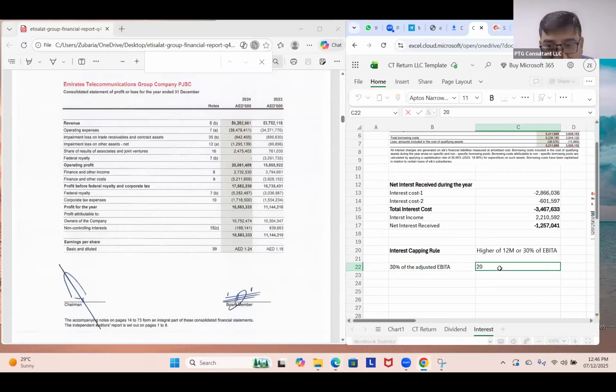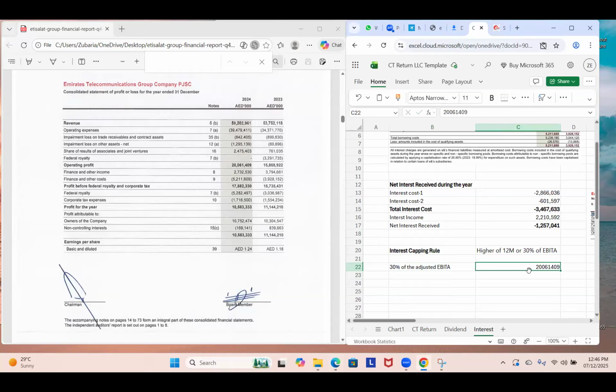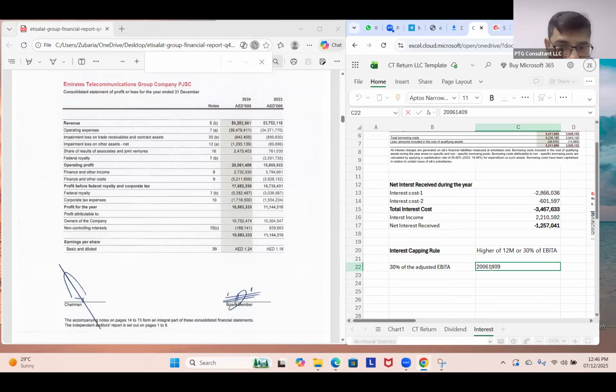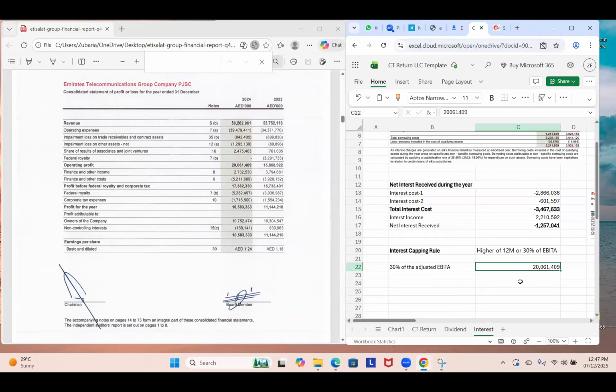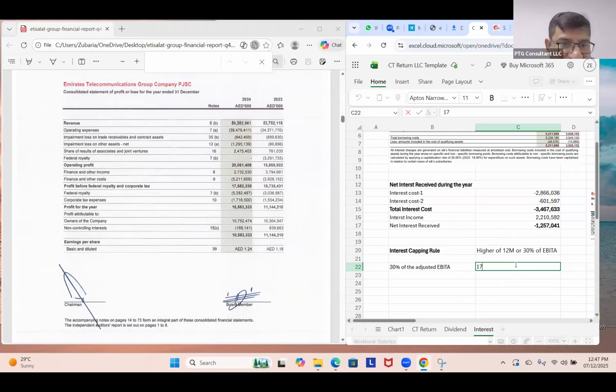We have to do a reverse calculation from the P&L, the operating profit, and then the adjustment to the operating profit. This 20 million is fine. Now, what are the adjustments to be? It would be the one below, no? Profit before royalty and tax, the 17 million. We will start from there, and then we do the adjustments, because maybe some costs will not